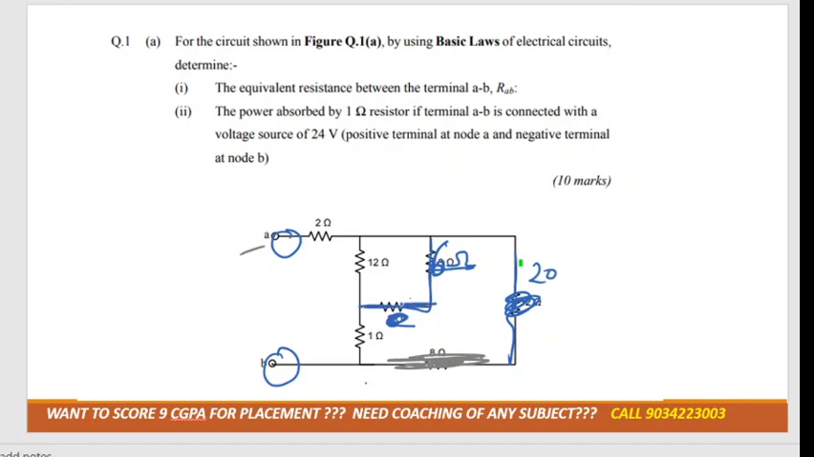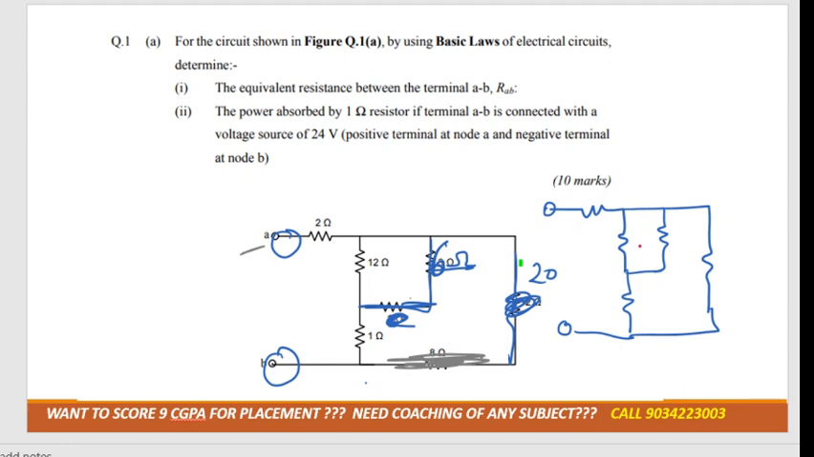So now we can consider this. Now the circuit would become like this. I'm redrawing the circuit so that you won't get confused. Right? This is how the circuit looks. This is 12 and this is 6. We can see whether these two resistances are in series or in parallel. It is in